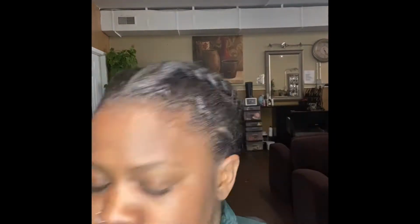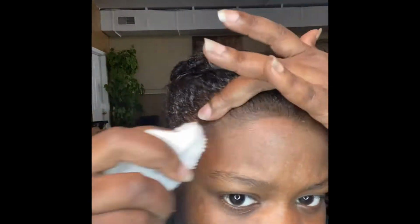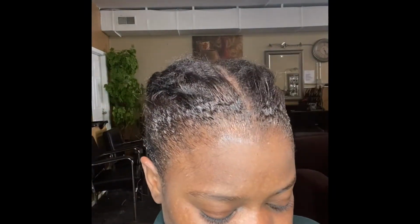So now I'm taking alcohol and I'm cleaning my hairline, making sure I don't have any oils. I didn't wear makeup that day, so no makeup, but any kind of oils, dirt, makeup, anything. Ooh, that burnt. But yeah, just to clean it off so I can have a flat, clean surface